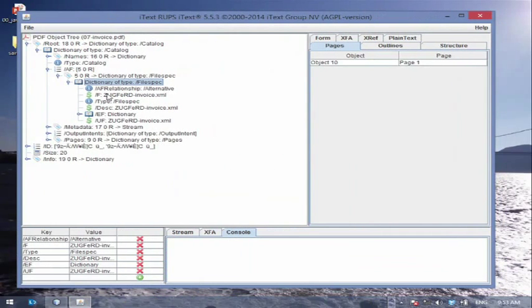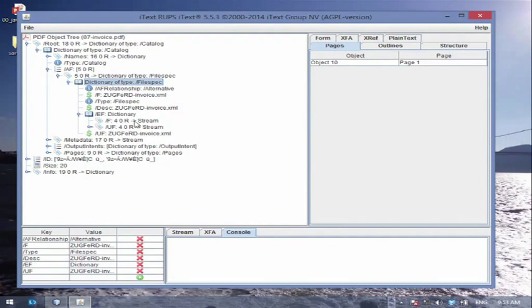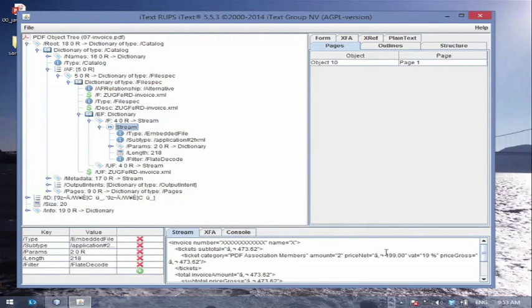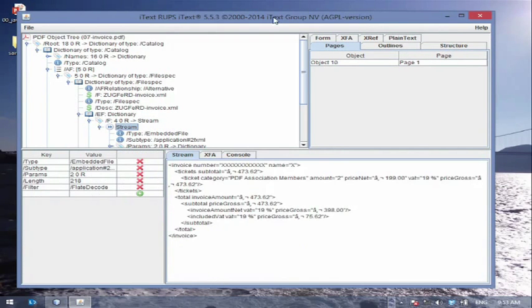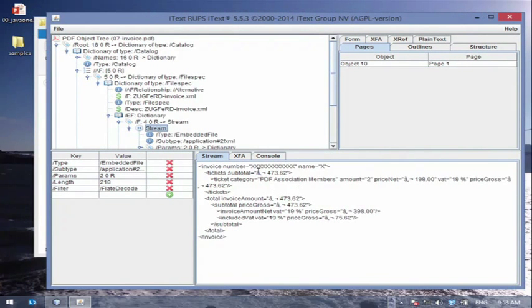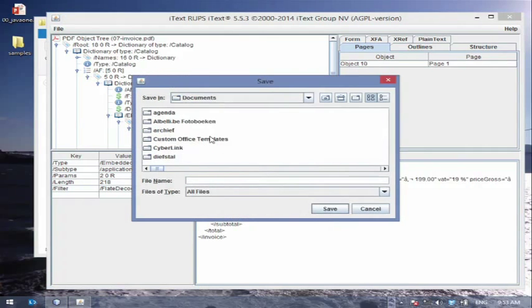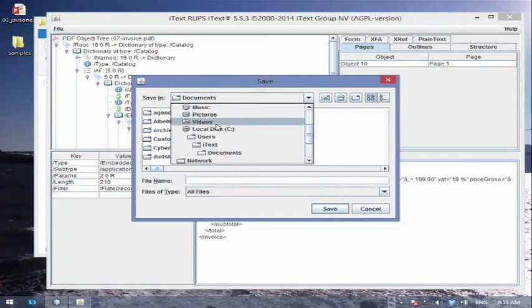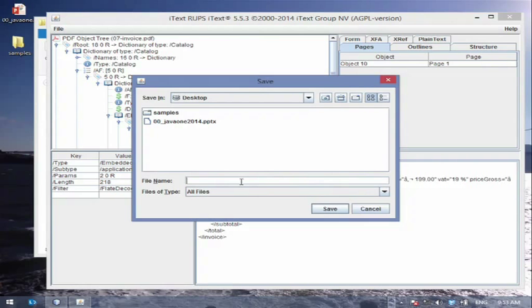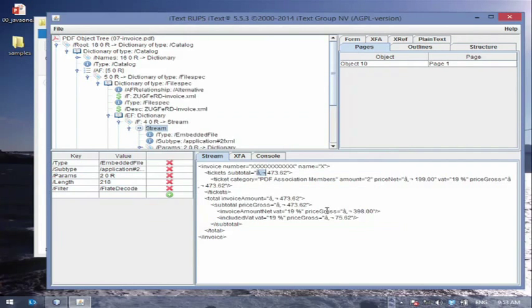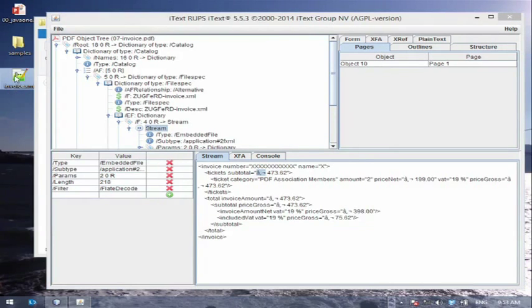But here I have a file stream, and this file stream will give me the same information but in XML format. Now you can see there's some strange signs here, but if we save to a file and we say, let's save this on the desktop, invoice XML, save. Here I have my invoice XML.